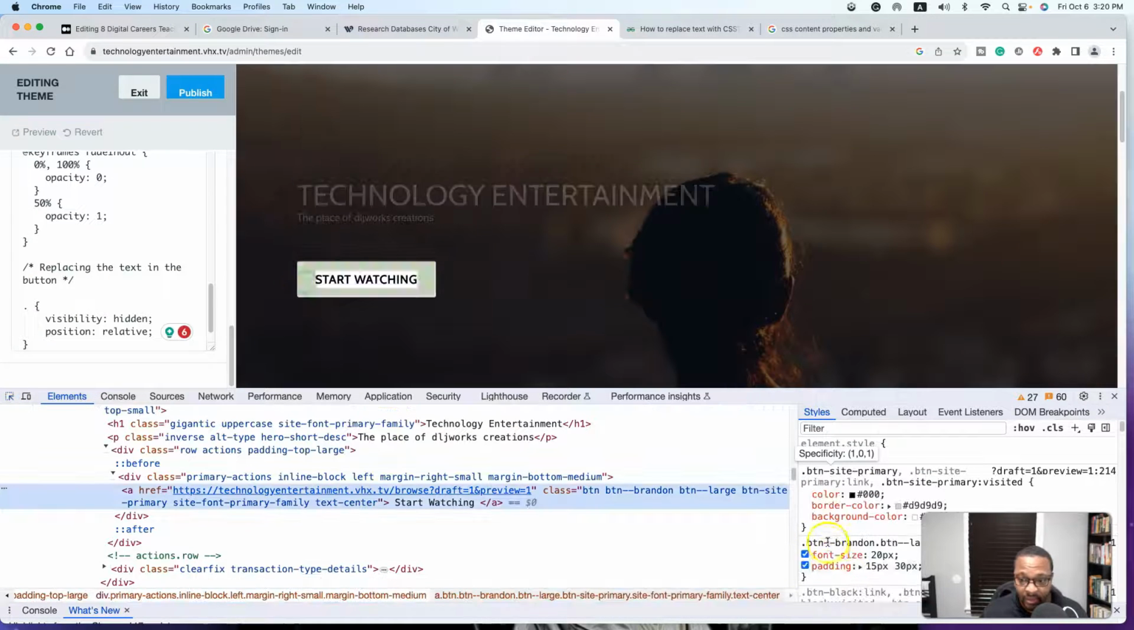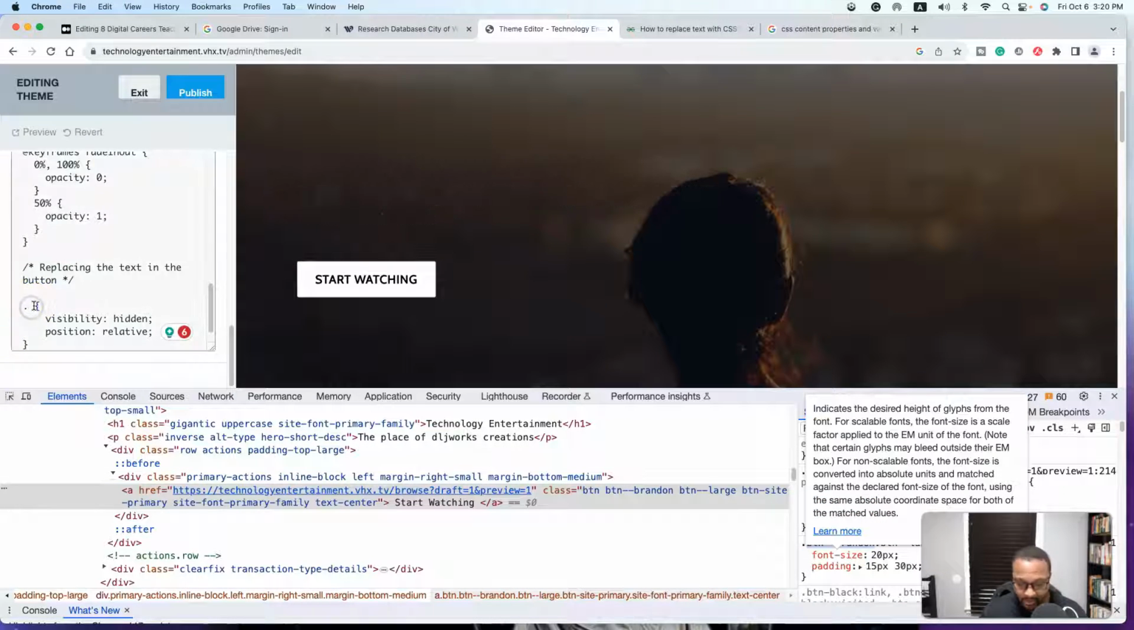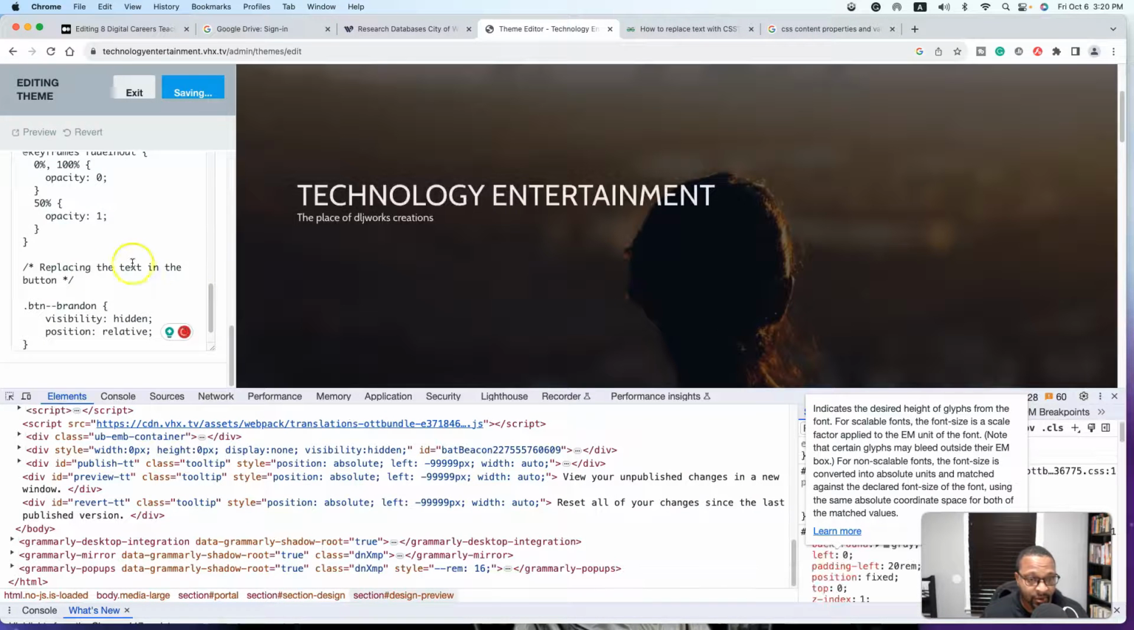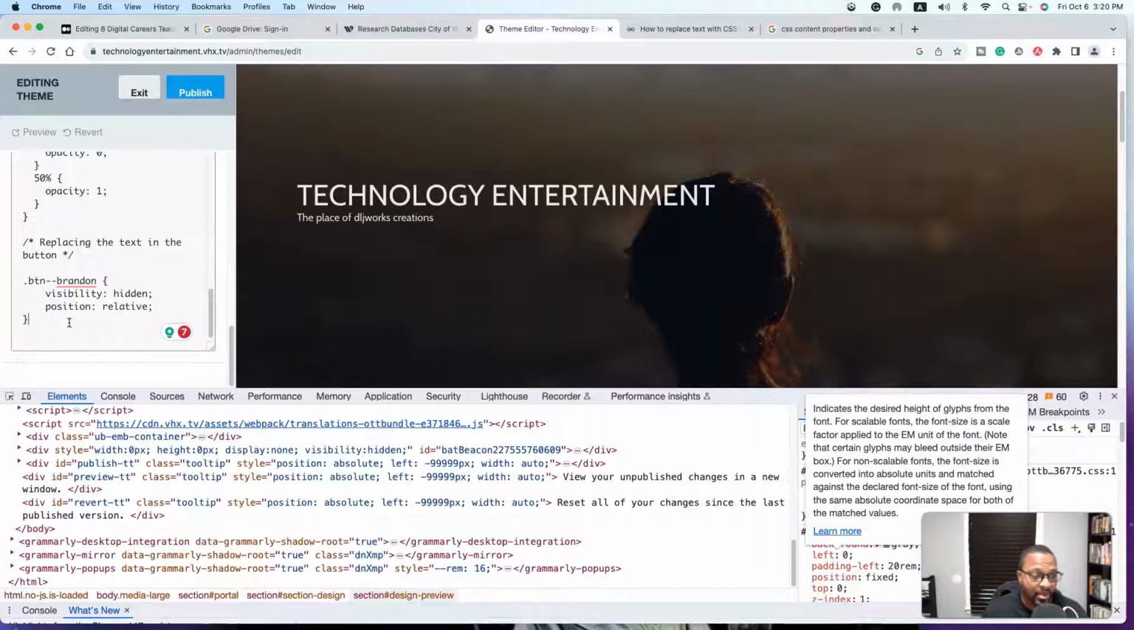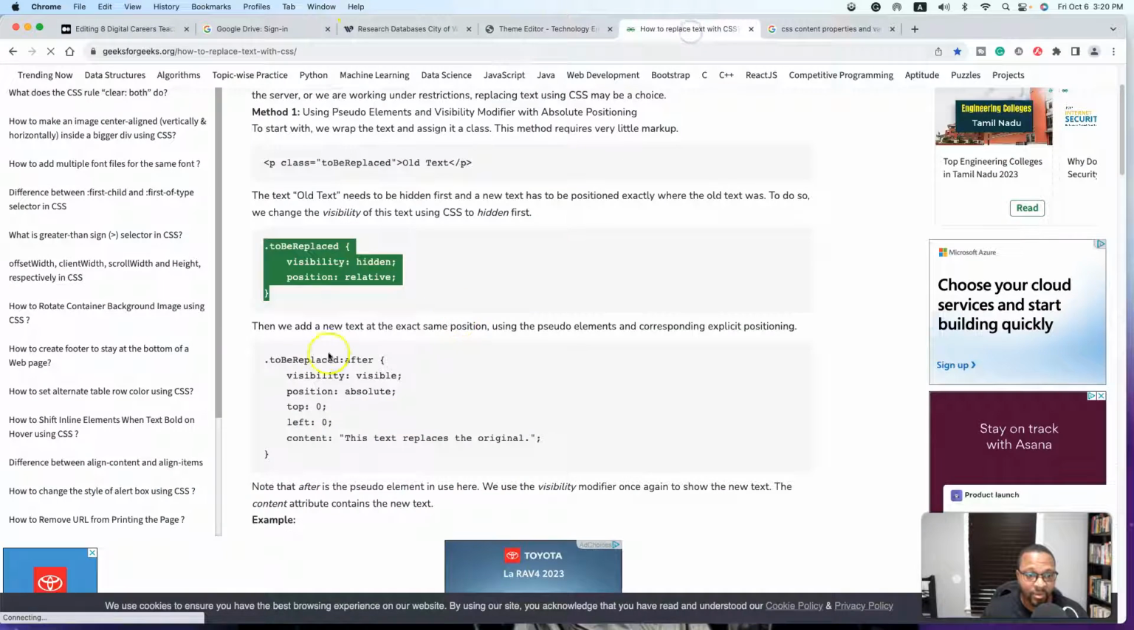So, all right, we're going to copy and paste this class name right here, BTN-Brandon. And I already have a little dot there, so that's fine. So we want it to disappear. All right, perfect. Now, we're going to go back, and I'm going to actually have the other class name here, BTN-Brandon. Okay. And then what I'm going to do next is I'm going to go up here, go back to